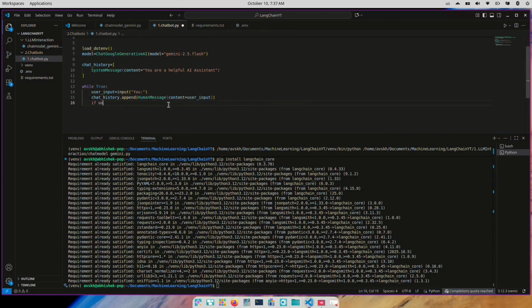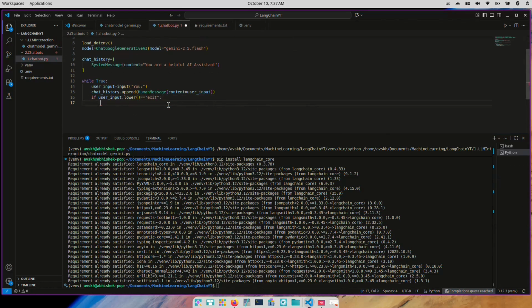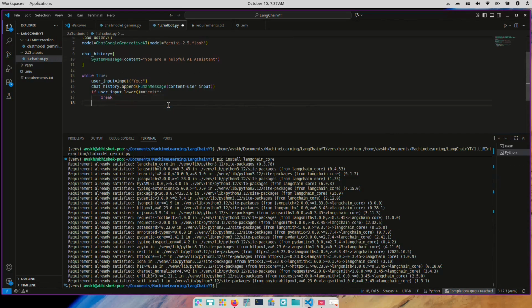Now I also need a way to break out of this chat. So if user_input.lower() equals exit, I'm going to break, or else I'm going to just invoke the model